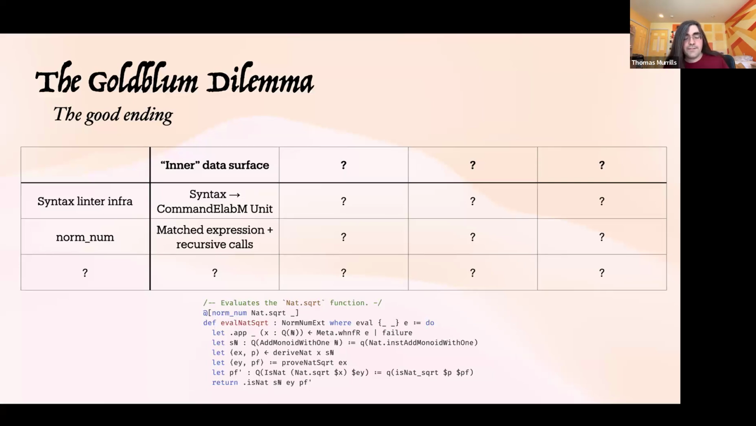Normnum is a tactic for normalizing numbers. And the way that this is implemented under the hood is it matches expressions, and when implementing some facet of normnum, you're allowed to recursively call normnum itself. So if you're, say, writing this normnum extension down here for the square root on naturals, you see this little eval curly brackets e. That e represents the expression that normnum is giving you, and that is your data surface in this case,